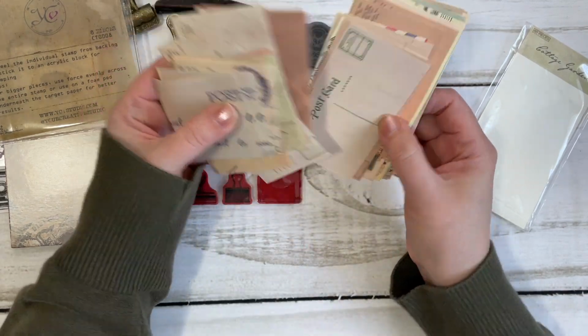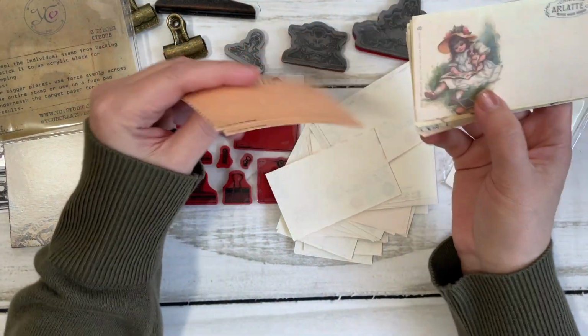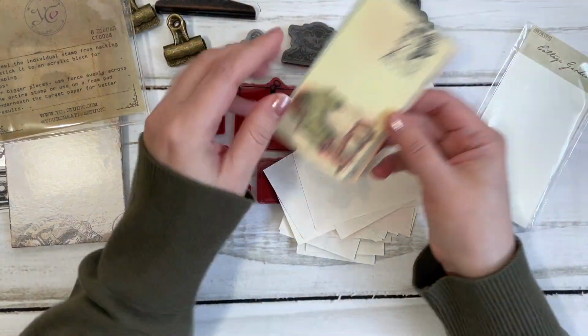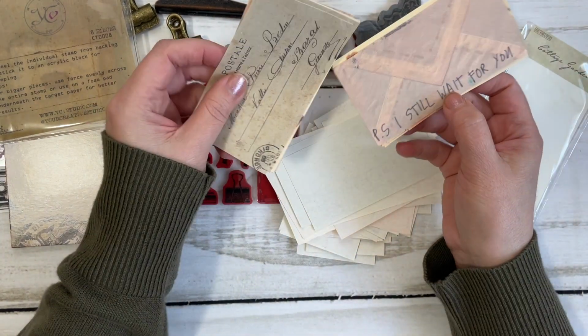It's always nice to get things that have a different sort of color to them, because it just gives you a little more variety. So I am really, really happy with this box, and I'm already thinking of other ways that I'll be using it. But I was inspired to make some really quick projects with it. I'm going to show you that in a couple seconds,